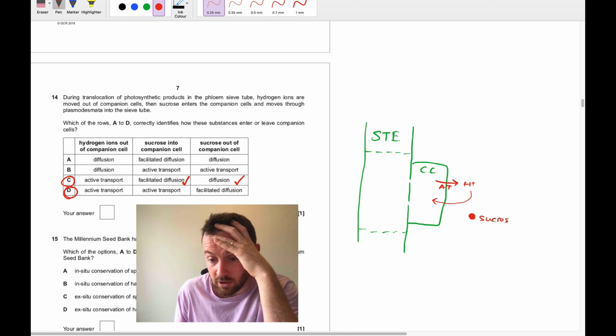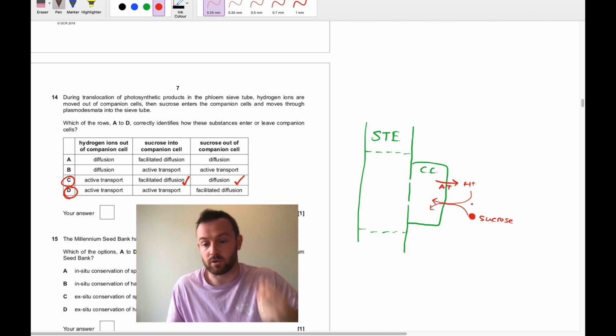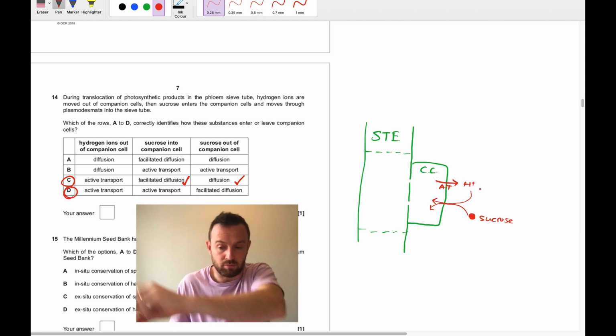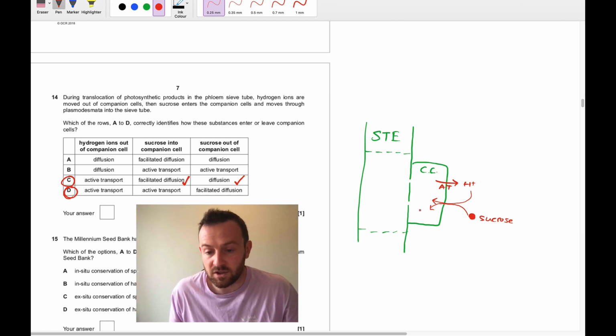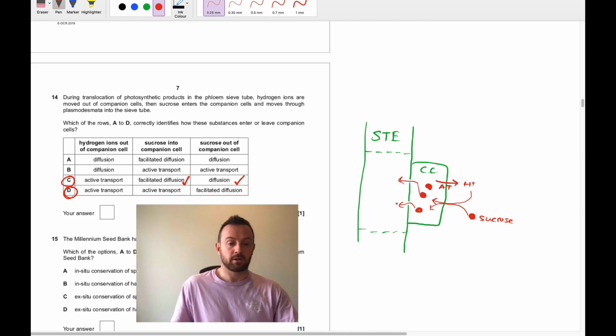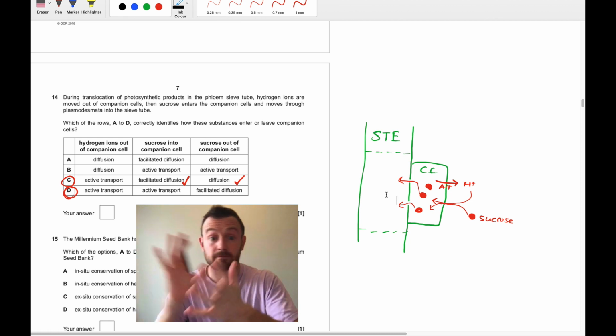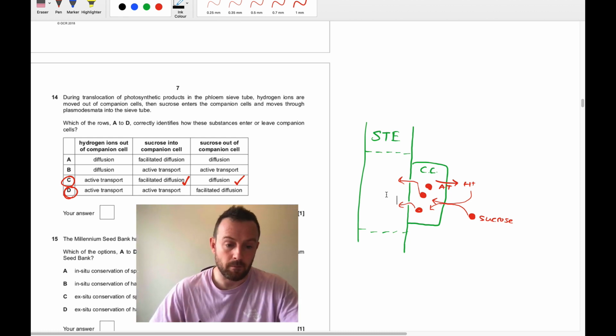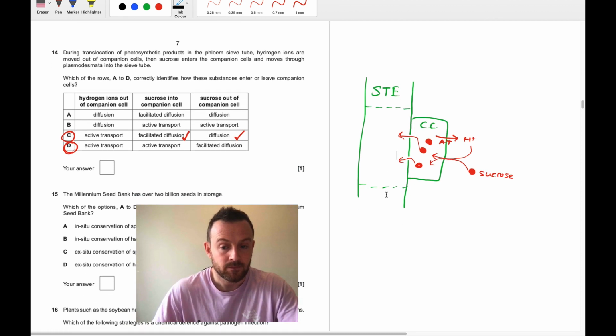So this is actually an example of co-transport, which is a sort of subcategory of facilitated diffusion. The sucrose can only come in if it comes in with an H+. So we use the H+ gradient to bring the sucrose in. And then when the sucrose molecules, which I'll draw like this, are in there, they come in at sort of high concentration, and then they can just passively diffuse through the plasmodesmata into the sieve tube element, okay? And that's what powers translocation with the phloem. All right, moving on, 15.